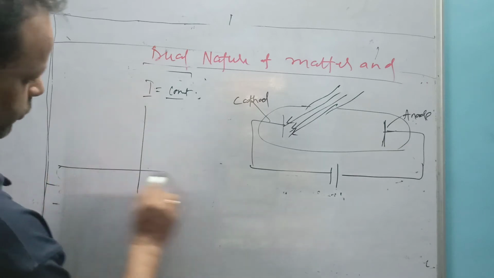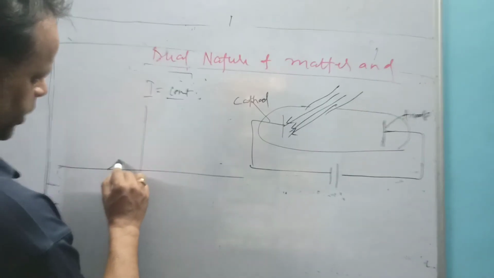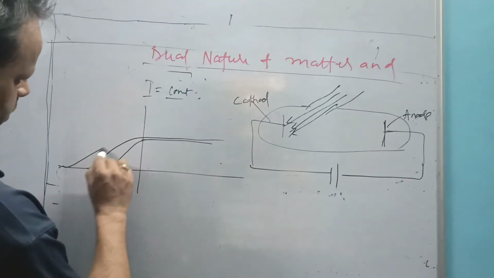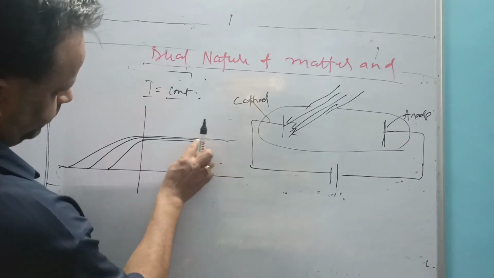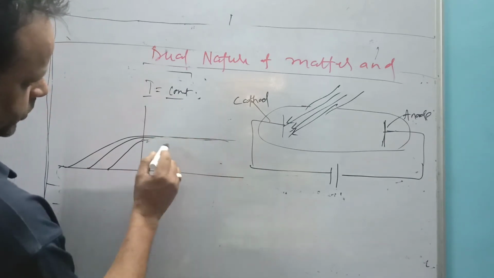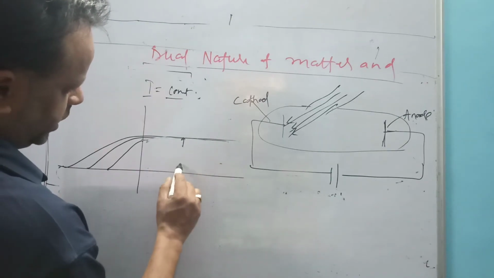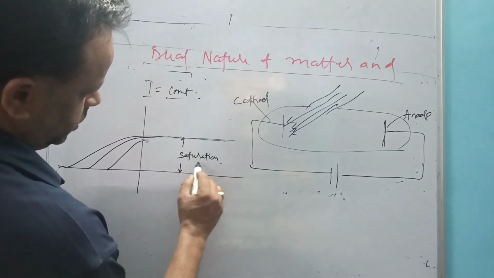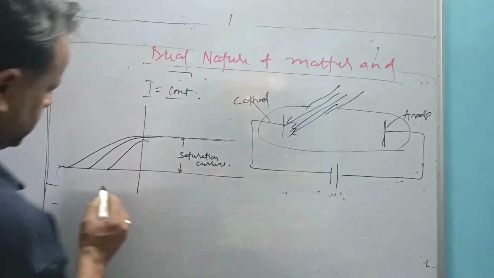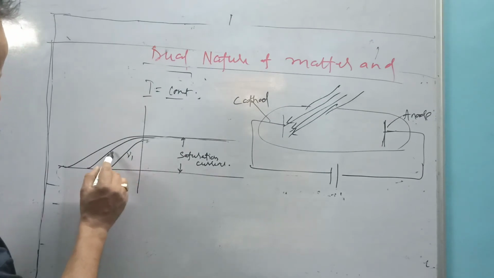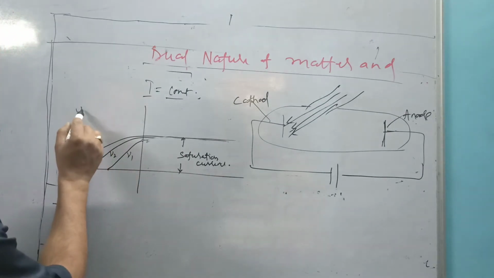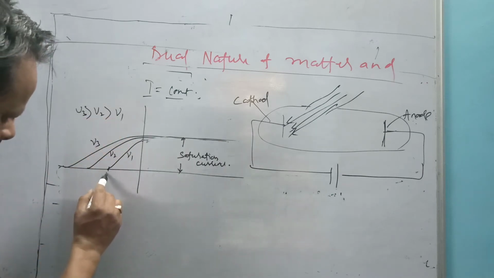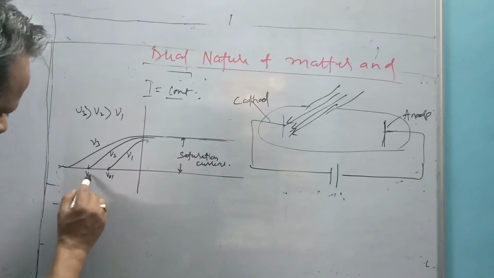What we are doing is that we have a different frequency of light incident on it. See, it is observed that in all the cases we have the same saturation current. This is frequency 1, this is frequency 2, this is frequency 3. We have frequency 3 is greater than frequency 2 is greater than frequency 1. See, there is a gradual increase in the stopping potential.